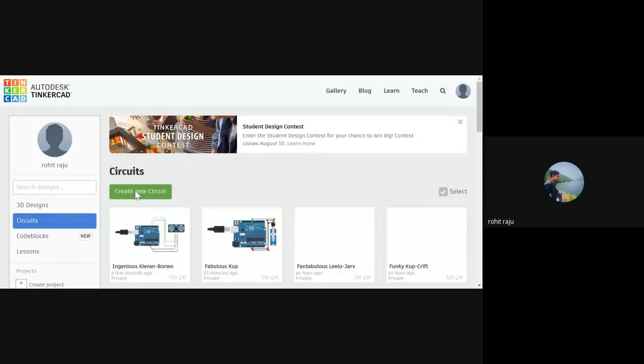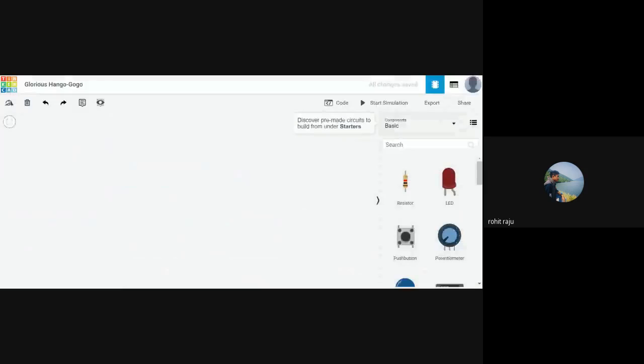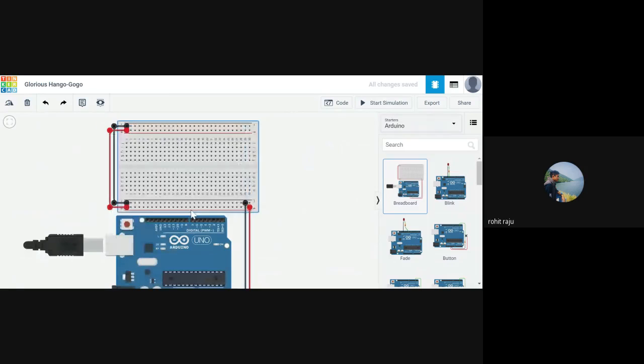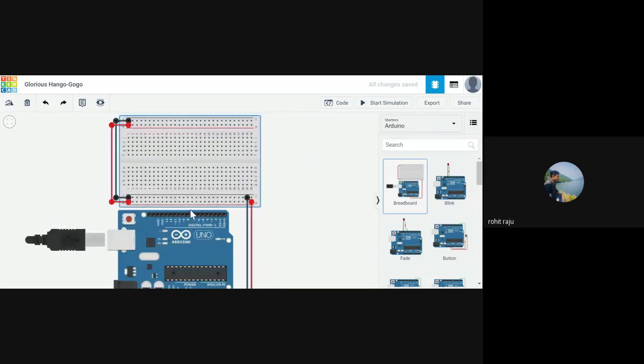So let's work with the servo motor now, which is really very important in the field of robotics. This will also help you in your final project. You can make good use of it. One good thing is, instead of basic, if you search for Arduino, you get a ready-made circuit with breadboard, which is actually good. You can try that out.